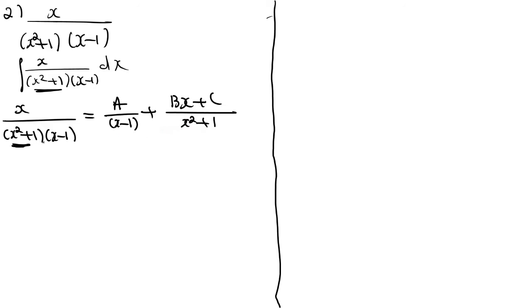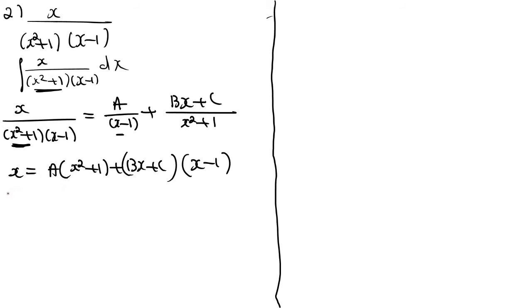Okay, now see you will get x is equal to a into what you will get here, x minus 1 is there, right? So the remaining term is x square plus 1, plus bx plus c into the remaining term, which is x minus 1. Okay, so you can use any method. One is the substitution method. You are substituting x equal to minus 1 and again substituting here x equal to plus 1 like that, or the comparison method. Sometimes it's easy to use the comparison method other than the substitution method. Okay, so here I'm using the comparison method.